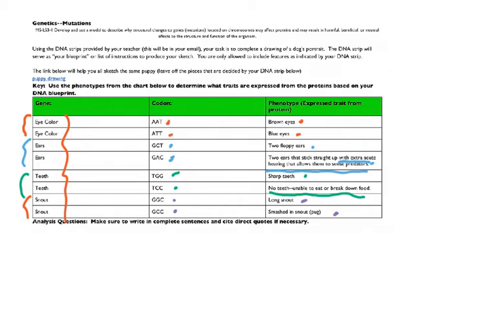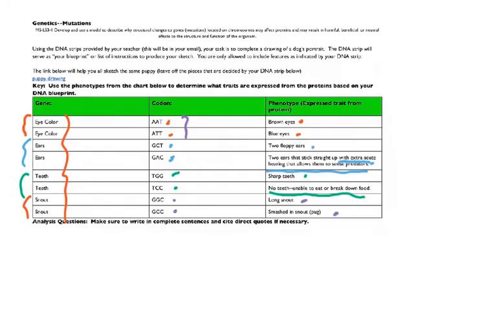So your first step is to draw the dog. Draw the dog, and then give them the features that they need based on your code. So just go through it carefully. What color eye does your dog have? Which code do you have here? Do one at a time, add the features, and then you're going to have to take a picture and send that to Miss Christie with your assignment, okay? Once you have that done,